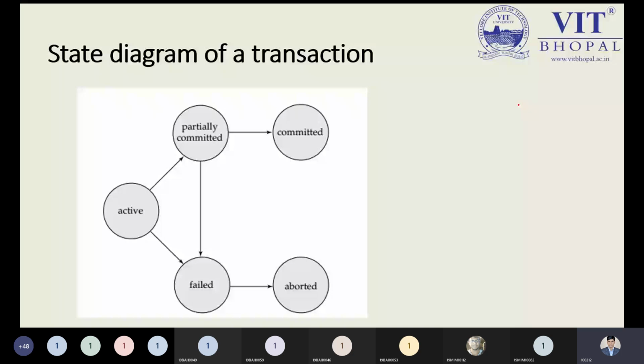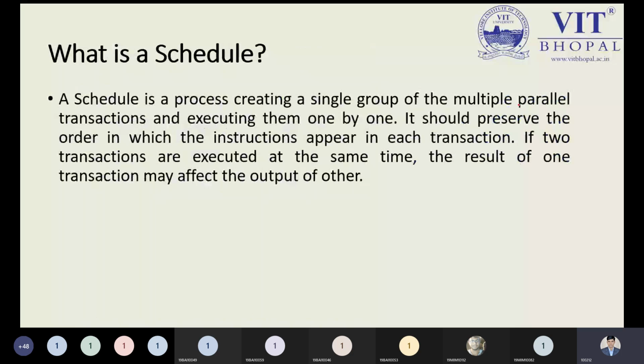Now, this is the question: what is the schedule? This schedule is required when you are saying transaction T1 should execute first, or transaction T2 should execute first. Let me clear it for all. If I'm choosing the sequence T1, T2, and if I'm choosing the order T2, T1,